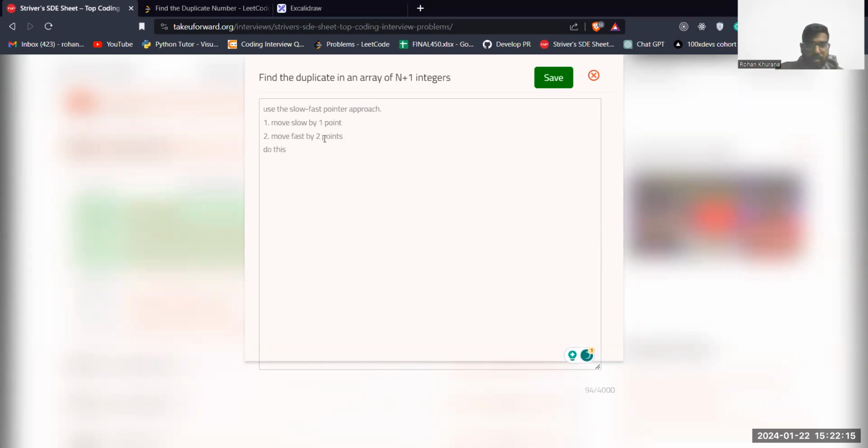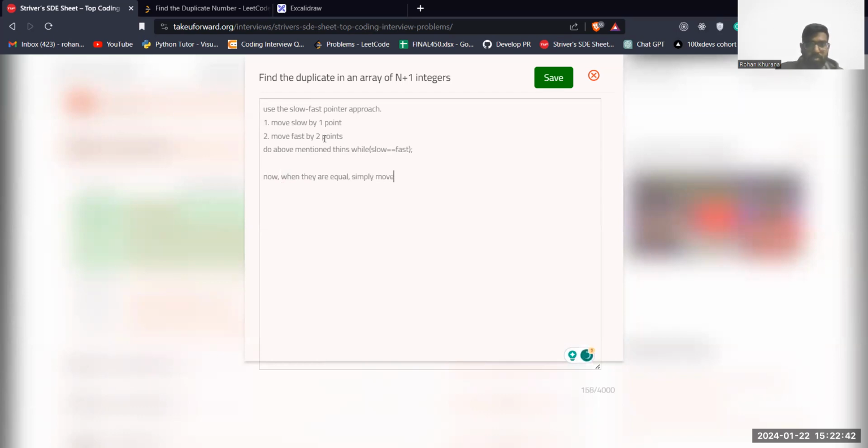Do this while slow is not equal to fast. Do the above-mentioned thing while slow is not equal to fast. Now, when they are equal,